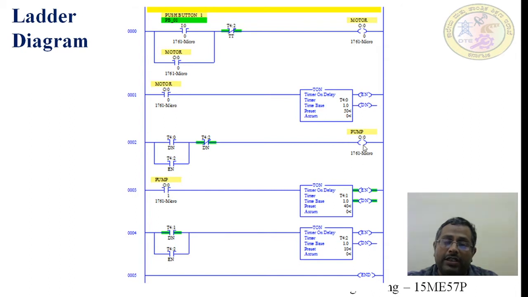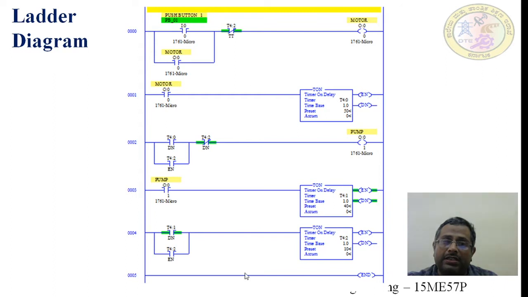And in the fifth rung we are using a timer to switch off the pump. When does it have to switch off? After 10 seconds of motor off. For that we are giving a preset time as 10 here. As soon as this accumulated value reaches the preset value, that is 10 seconds, this timer's address is the NC switch that is used in the pump rung. Here it will open and the pump will be switched off.